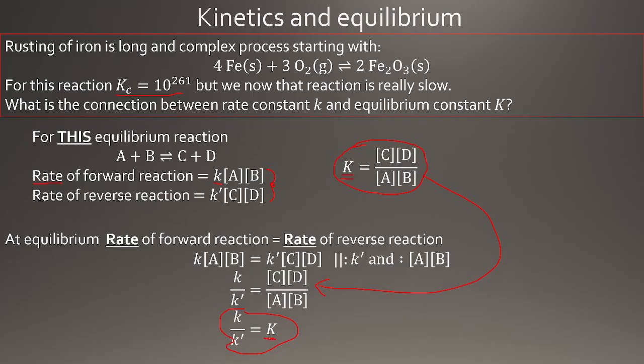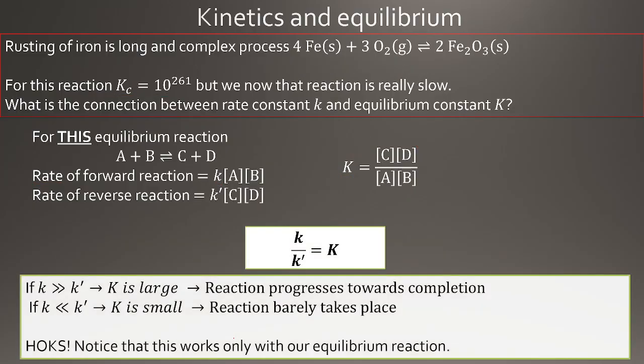So the equilibrium constant is the rate constant of the forward reaction divided by the rate constant of the reverse reaction. This is actually a pretty useful tool. So if this works well in both ways, if we mathematically think about this, if the k is really big, if the k is greater than k', well, then we are getting huge